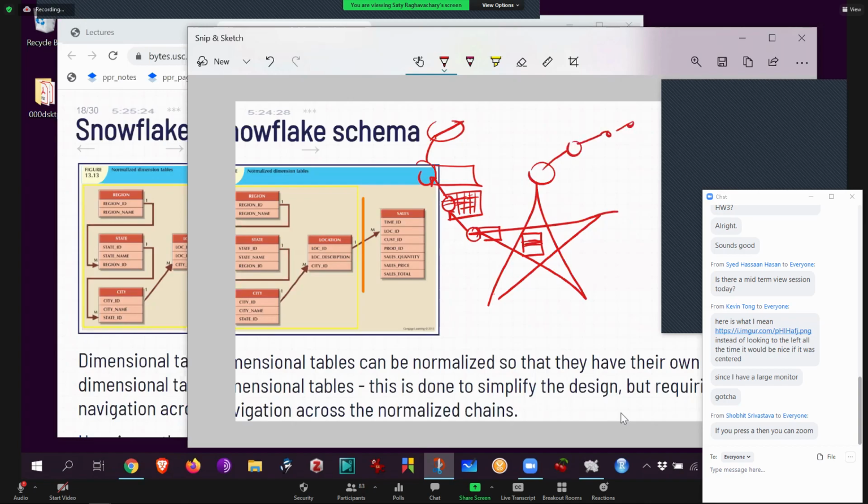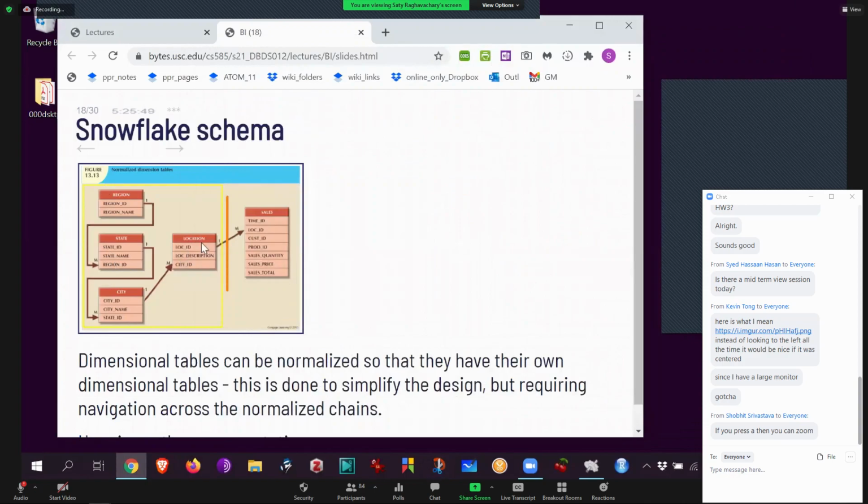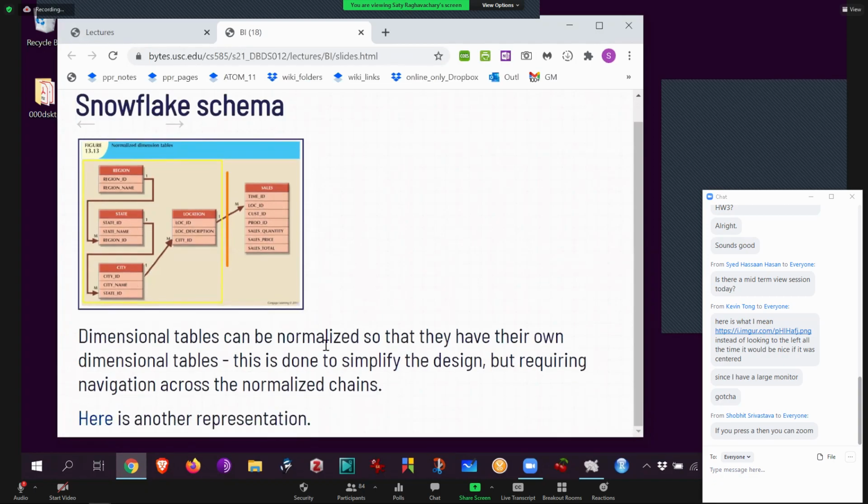So now you call it a fractal, just call it loosely fractal. Because roughly the idea is that it's as if this is also like a little star like that, and then it happens to have its own dimensions. In reality, the star is not multiple, there's only one of them, okay? In other words, rather than go like this, you only pick one of them. You still call it a fractal, it's a snowflake. Awesome. So that's all that was. And so, just simply normalize it. Now it's not denormalized. This dimension table that used to be denormalized is now heavily normalized. Normalizing will break it up, right? Therefore, dimensions can have their own dimensions. That's all we're saying ultimately.